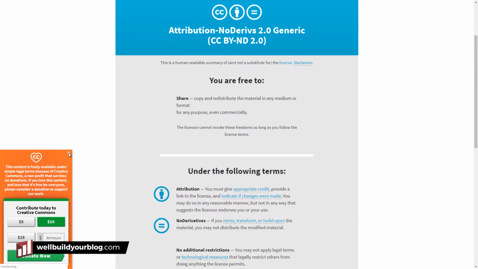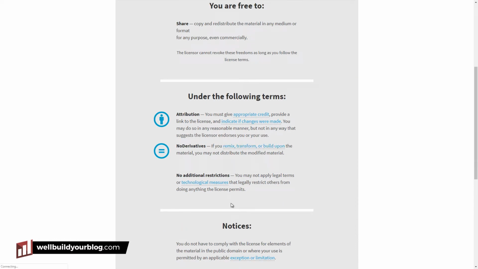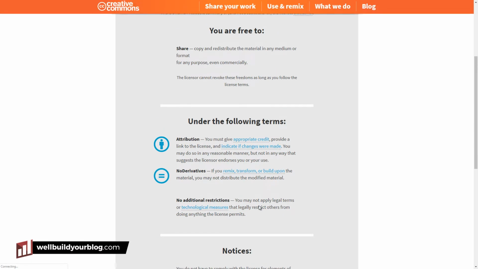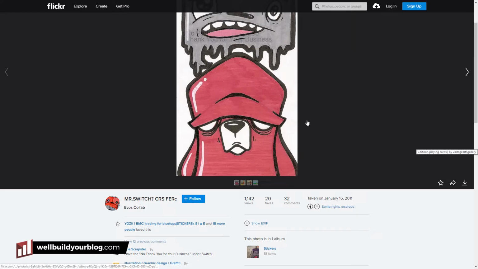So if you're using Flickr to basically find images, if you click on that rights reserved link, they will give you a bit of a rundown of what they expect if you do use the image. So this is a great way to find out if you really want to use it or not. Pretty handy. But if I head back to Flickr, if I decide I want to use this image, I can